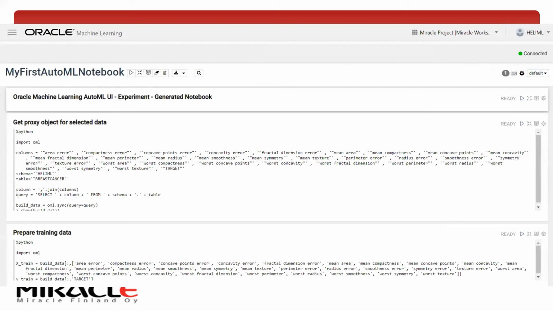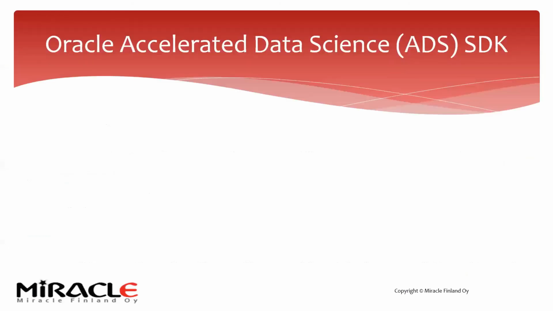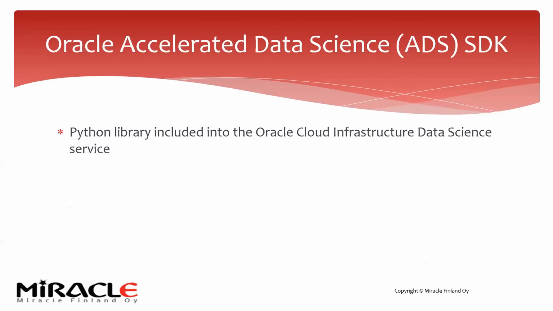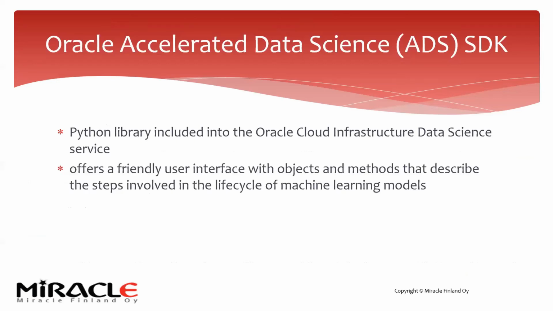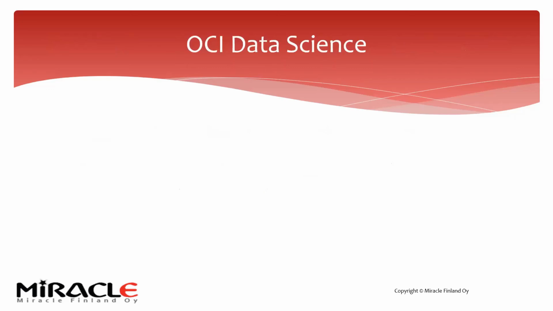So as a beginner to either machine learning or Python or both, I can just learn a lot of things here by building it automatically with AutoML and then going and checking all my data, how the code looks like. So what kind of notebook was created. And of course, I can go and edit this and build even a better model if I want so. So the AutoML is based on Oracle Accelerated Data Science SDK, which is a Python library that's included in the data science service, but it's also used here in notebooks and in AutoML. So a friendly user interface with objects and methods that describe the steps involved in the life cycle of a machine learning model. Which brings us to OCI